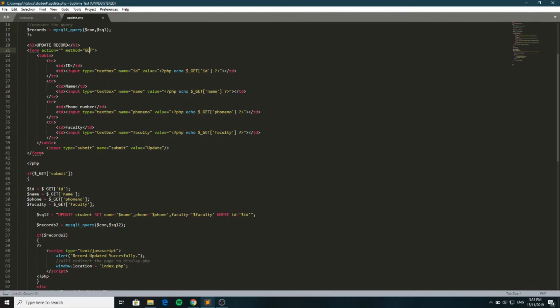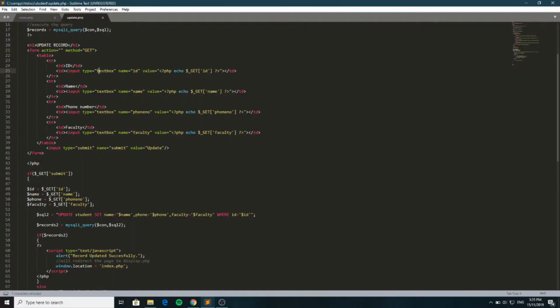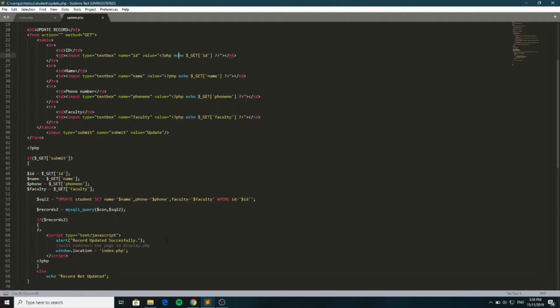So what this does is we can edit the data we want in the text box for each attribute. And after we have inserted what we want to change, we have the submit button, which will confirm the things that we want to